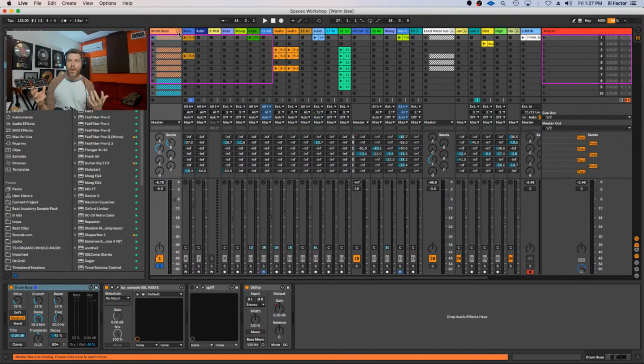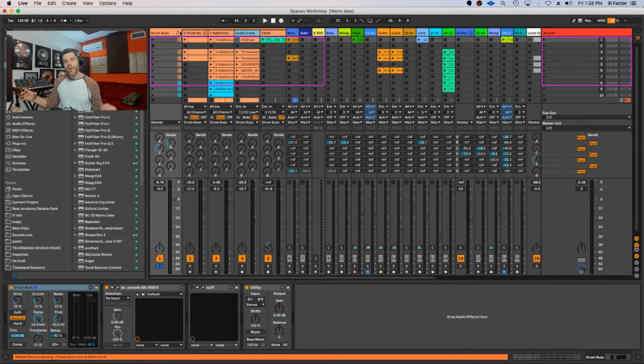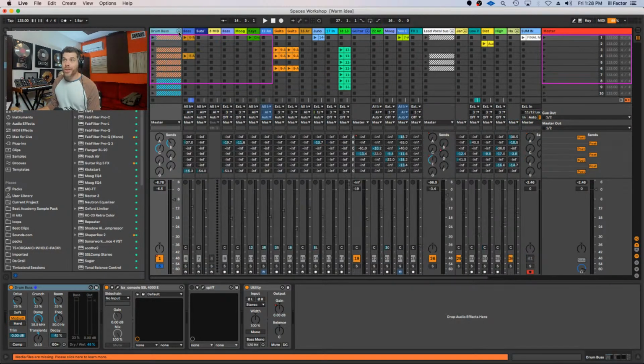That would probably be better than trying to get my low end back from my acoustic drum kit and stuff like that. So that's what we're trying to do here. The purpose behind layering is so that the end result accumulates to the vibe that you're looking for.